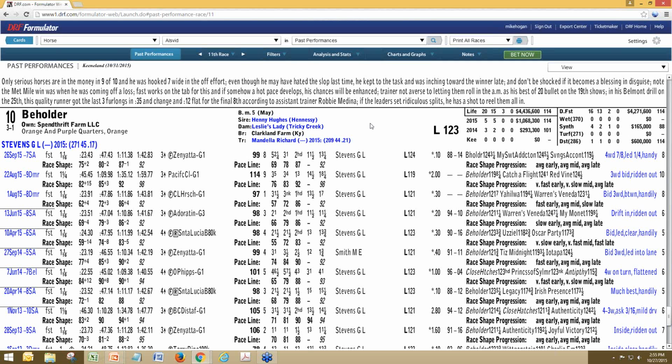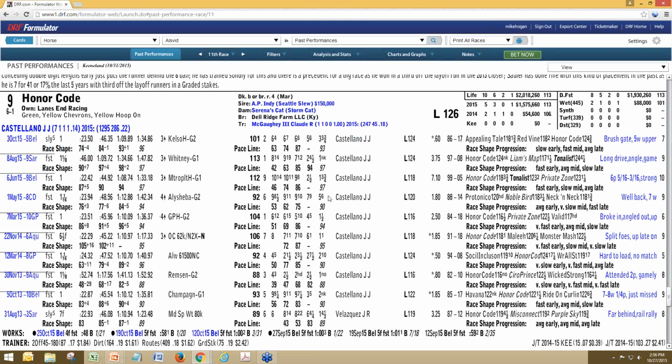Do you think that puts any of the deep closers like a Tonalist, an Honor Code, maybe up against it from a pace dynamic standpoint? From a pace standpoint, it definitely puts them at somewhat of a disadvantage because the pace is not going to be as fast, for example, as Tonalist and Honor Code got in the Whitney, which I think is the race that most people look at to